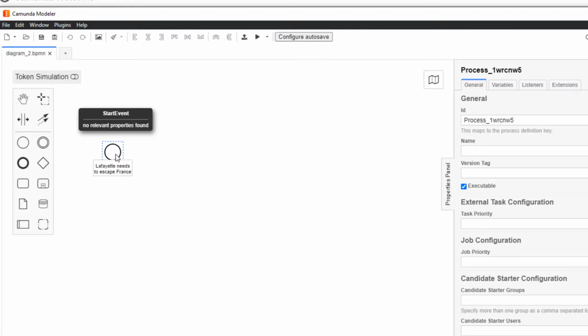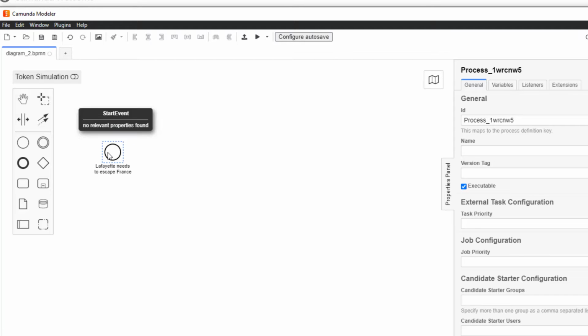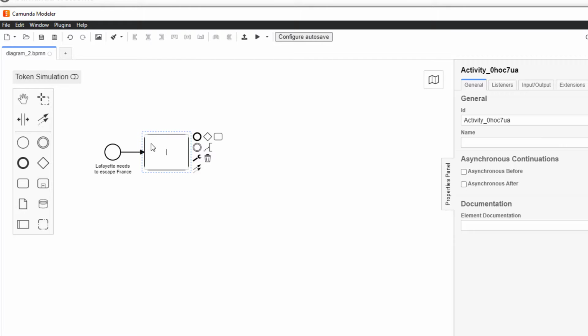At this point, he's already helped the Americans with the revolution and the French with the revolution, and I think he needs some time to just maybe take stock. So the first thing we need to do, after we have realized that, is we have a new task. We're going to have a task to perform. It's going to be a user task, and it's going to be prepare for departure.